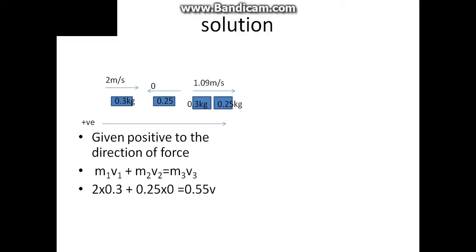Then we substitute the values. We have that the mass of the moving train is 0.3, and that its velocity is 2 meters per second,